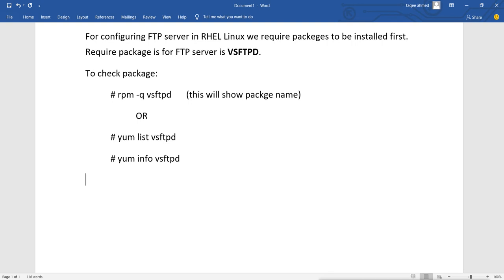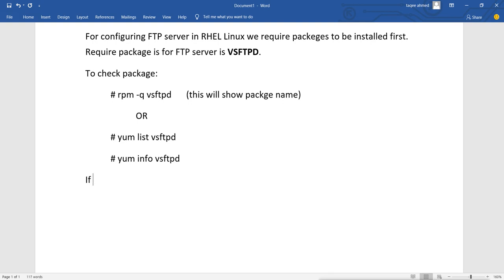If you have selected those packages, then maybe they are already installed. And if it is not installed, you should know which package is required for which server. For every server you have to know what packages are required and check whether the package is already installed or not. This is how you check whether a package is installed.